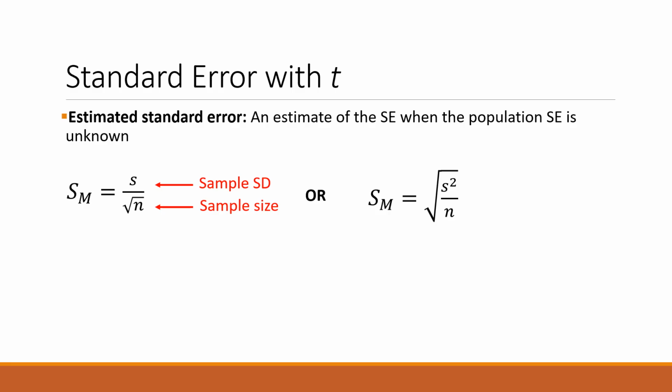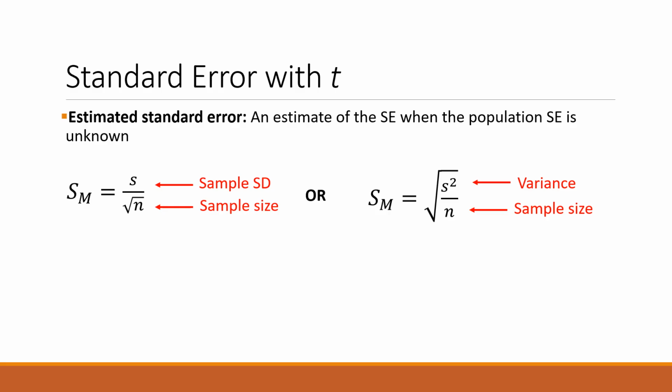Alternatively, you could square the sample standard deviation, which is the variance, and divide by the sample size and square root the entire equation. If you remember from Chapter 7, when we do this, it can simplify the process when you plug it into a scientific calculator. And also, just know that as we move on to other tests in this course, we'll need to use the variance, so it would be helpful to get into the habit of using it now,